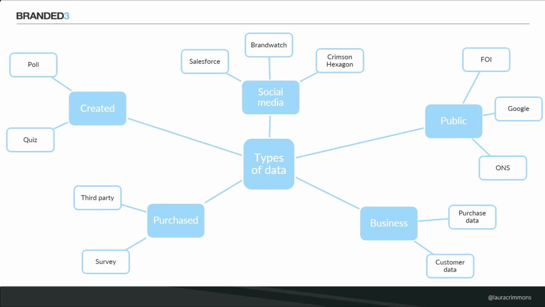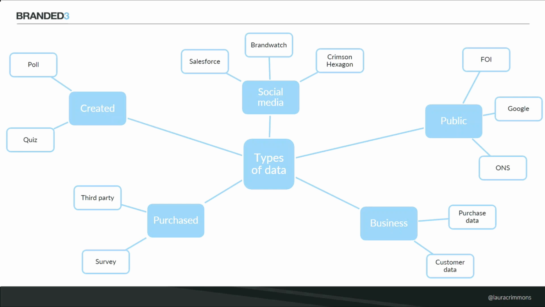So these are just some of the types of data that we use at Branded 3 with our clients' campaigns and that I see used quite a lot by other people. I'm going to go through them and go through where you can get each of these pieces of data, how easy it is, and then also some case studies of them being used in practice. I always find that having the case studies to back it up is one of the easiest ways to convince someone that that's what you should do. If you can show that someone's done it before super successfully, then that generally works quite well.